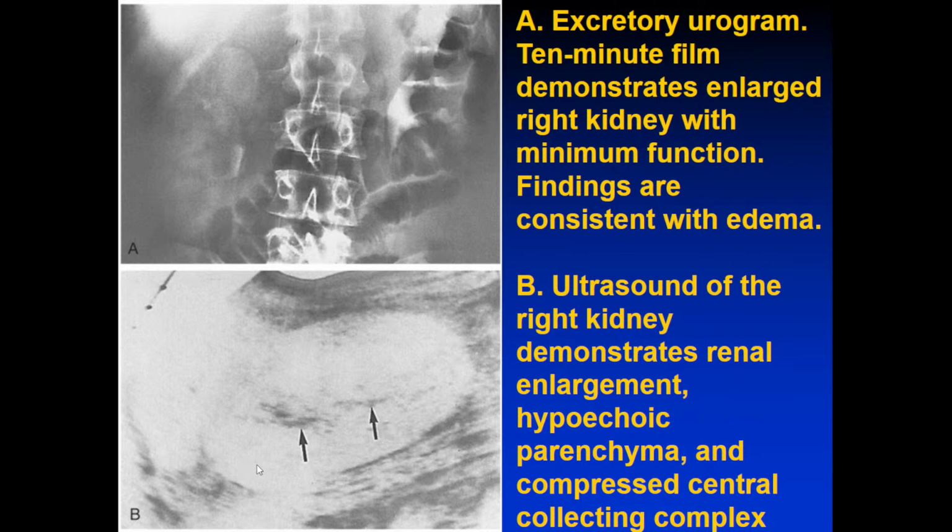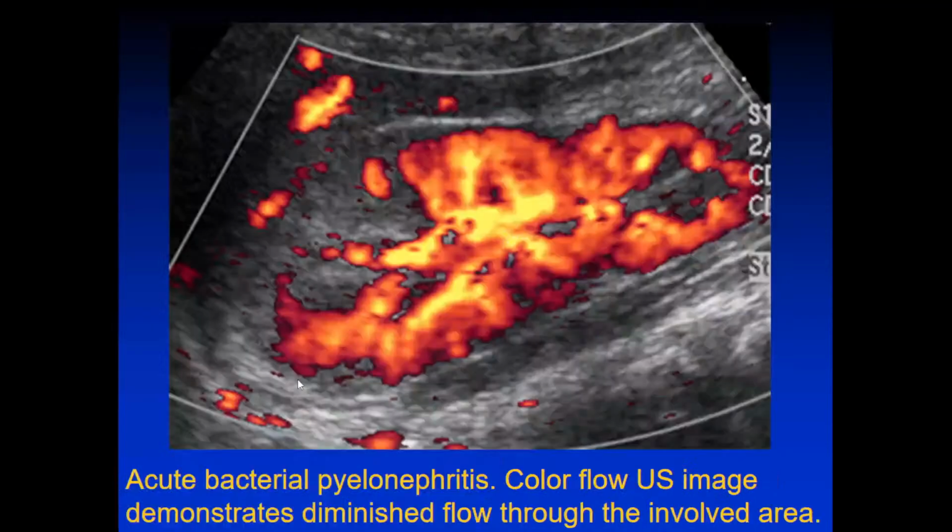with hypoechoic parenchyma and compressed central collecting complex. This data obtained shows us the significant right-sided pyelonephritis. The next, acute bacterial pyelonephritis, and this color flow ultrasound